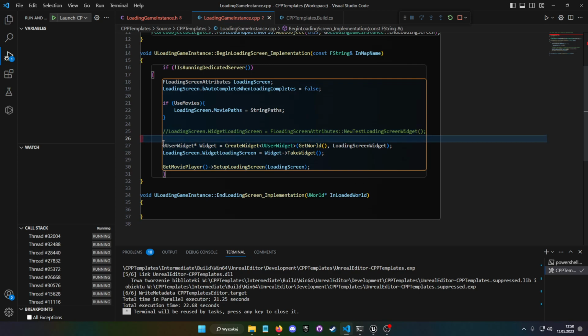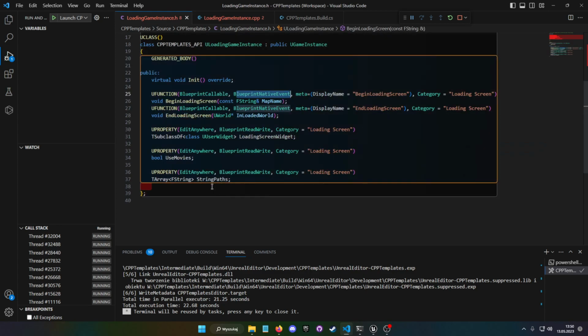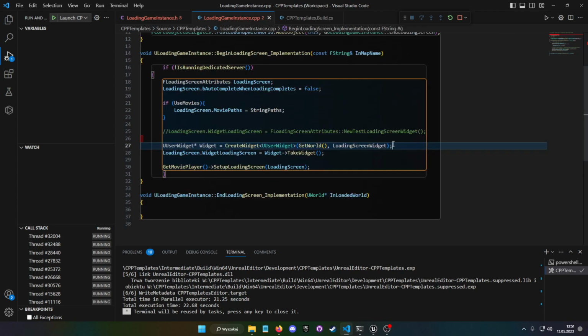Then I create a widget from the widget class we now have here. So we have a reference to a widget class, then we use it to create a widget, and it's a pointer. Now we use that pointer to get a widget and assign it to the widget loading screen in the loading screen attributes.